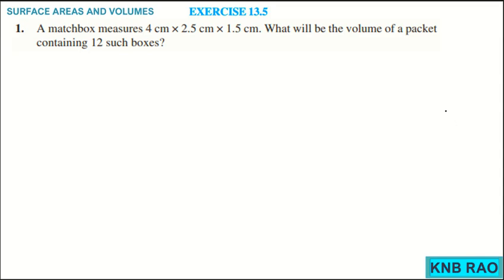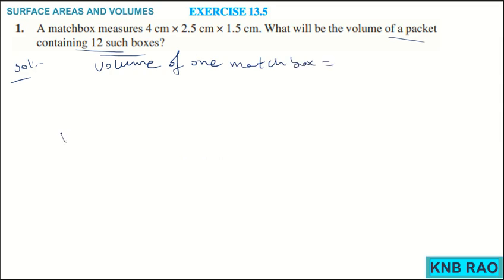That means one big pocket containing such 12 boxes. So in this solution, volume of one matchbox we will find out, and volume of a pocket